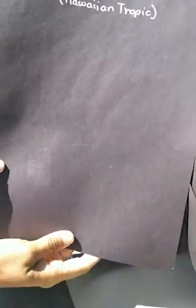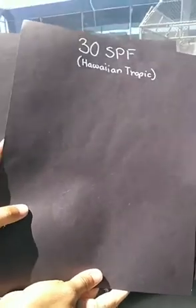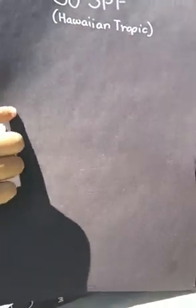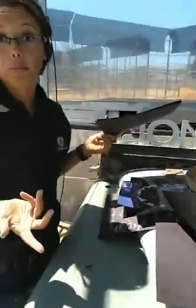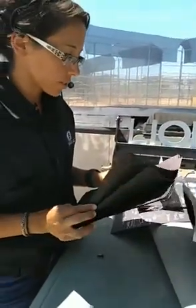This one is my one that I like to use here at the ranch. Obviously, it's probably not doing me too good in the sun for too long because it pretty much faded along with the rest of the paper. But it does have sparkles in it, which I think is really important. Sparkles are important. Sparkles are not important for you protecting your skin. Don't